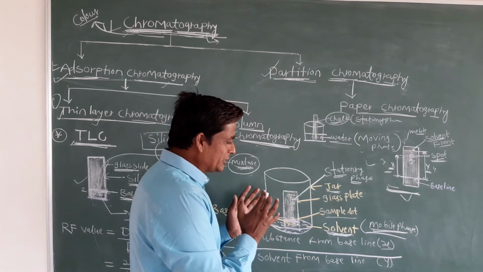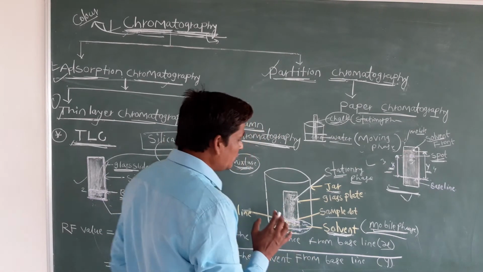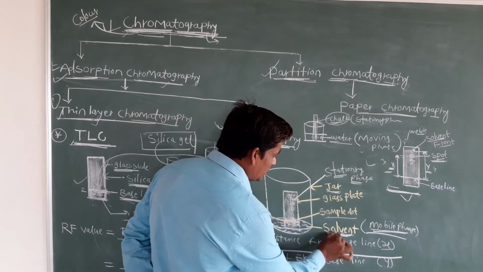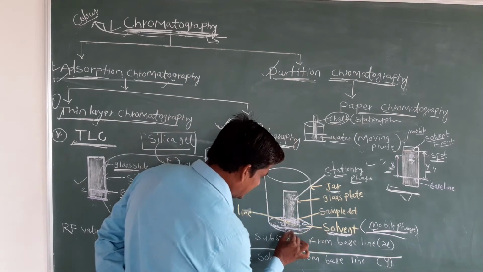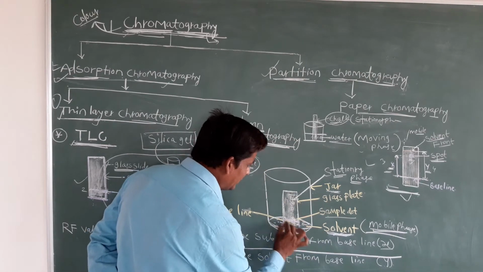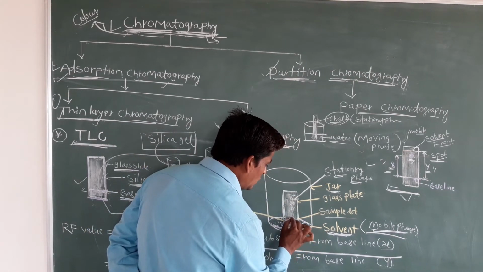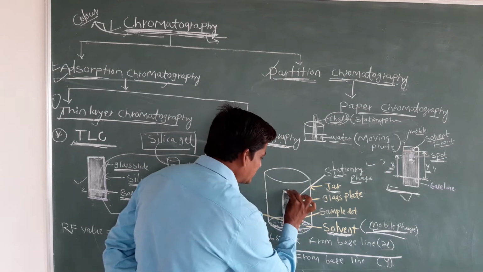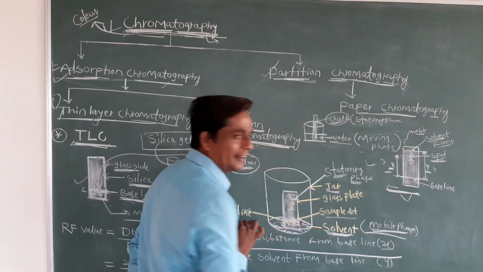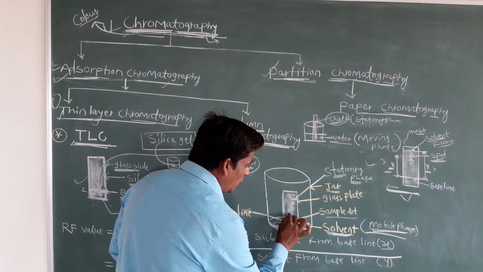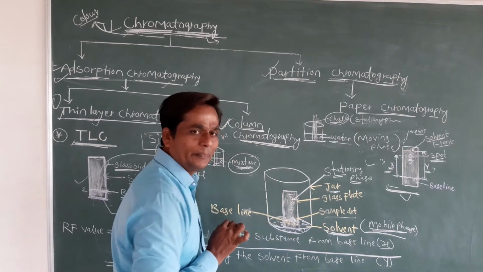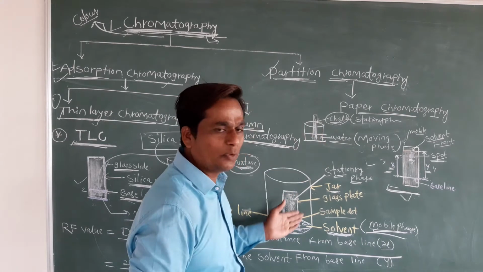Now we keep this experiment for 2 to 3 hours. So what happens, students? Here the solvent is present inside this beaker, we put some solvent here, and this is your glass slide. Now this solvent will run over this glass slide, because the slide contains silica gel, you know that. It is a rough surface. Obviously the same mechanism applies here.